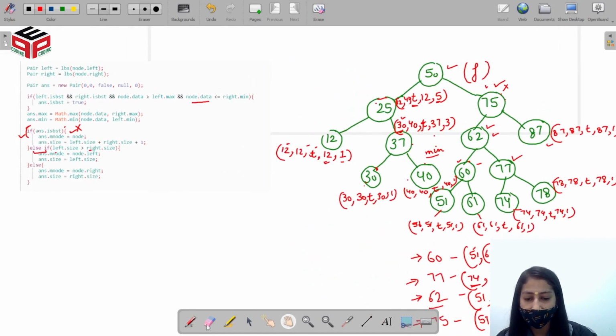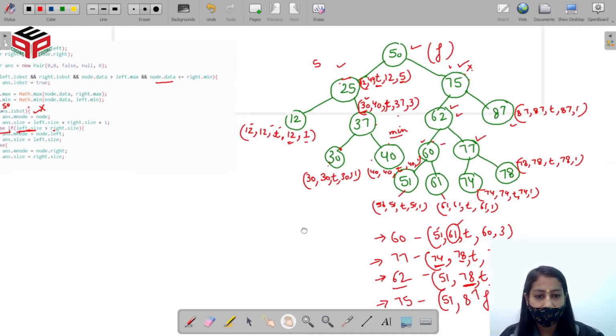So 50 is not a BST, then it will check the size of the left subtree.